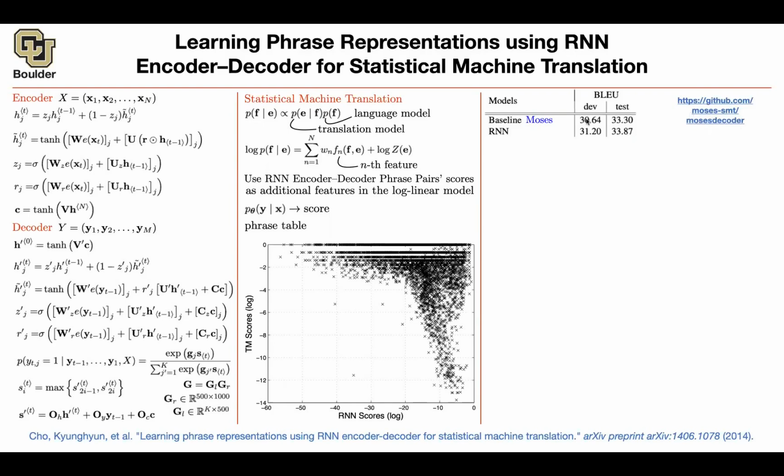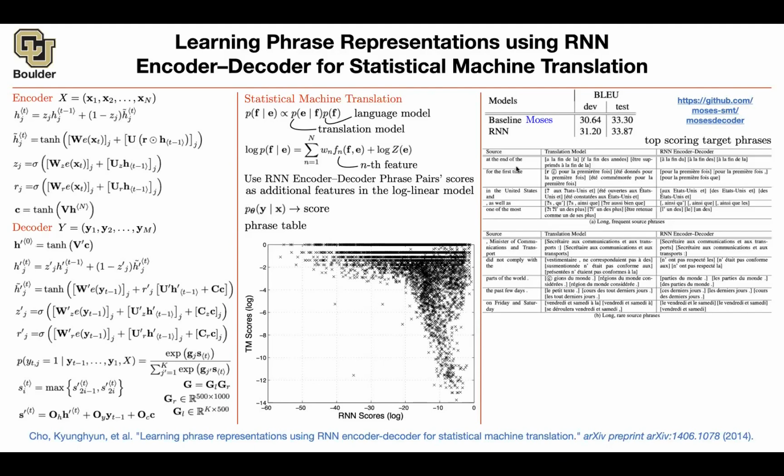On the development set and on the test set, this is how much improvement you're going to get by adding the features from your neural network. Basically you're increasing your BLEU score. And in terms of qualitative performance,